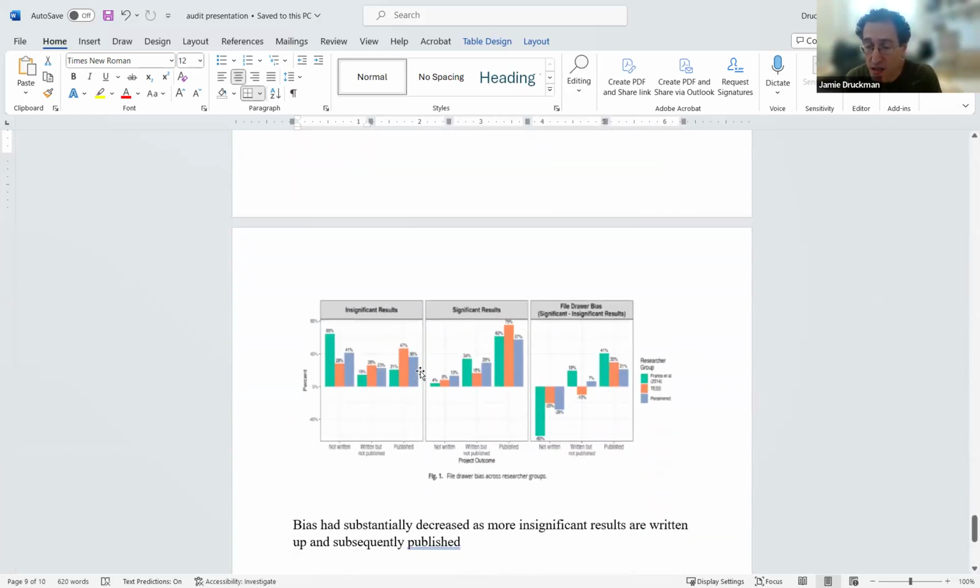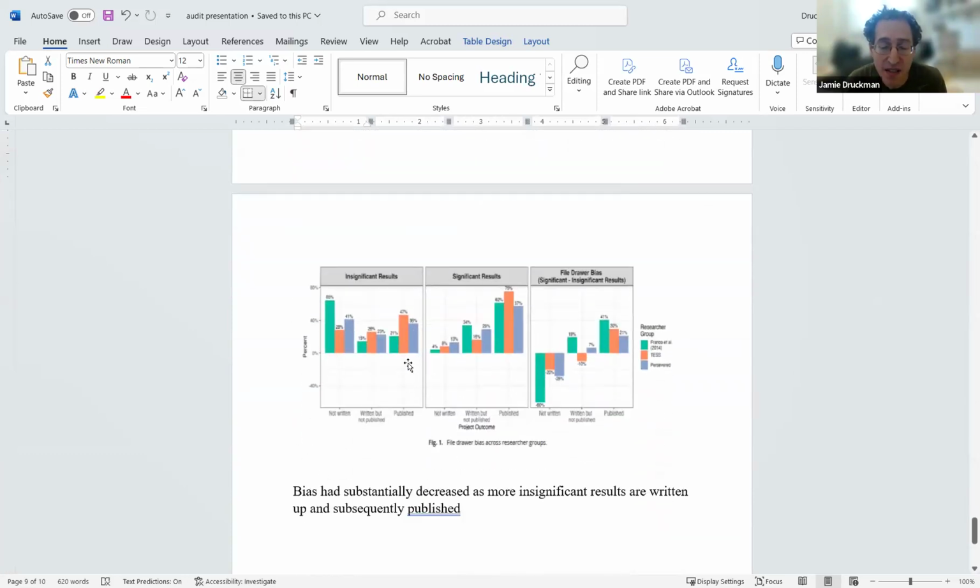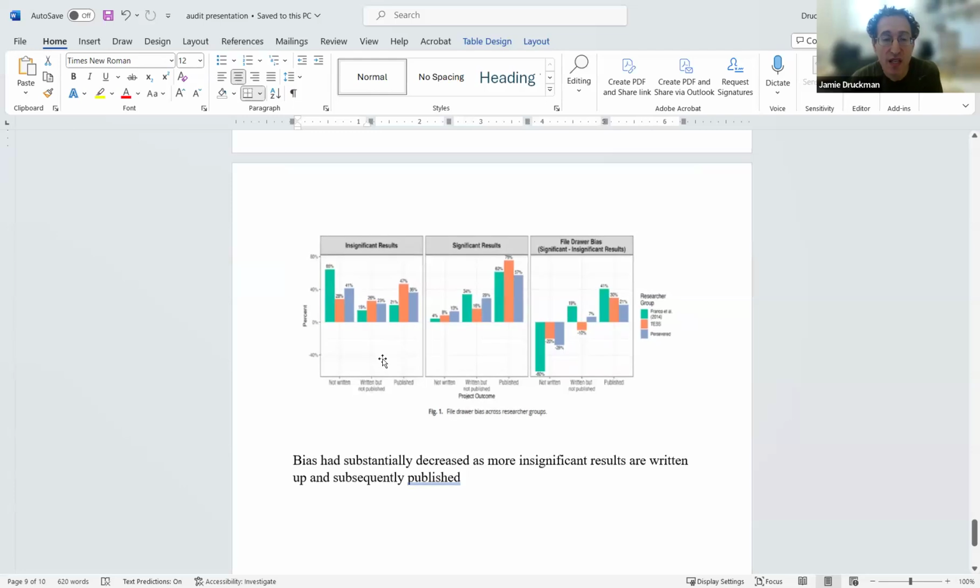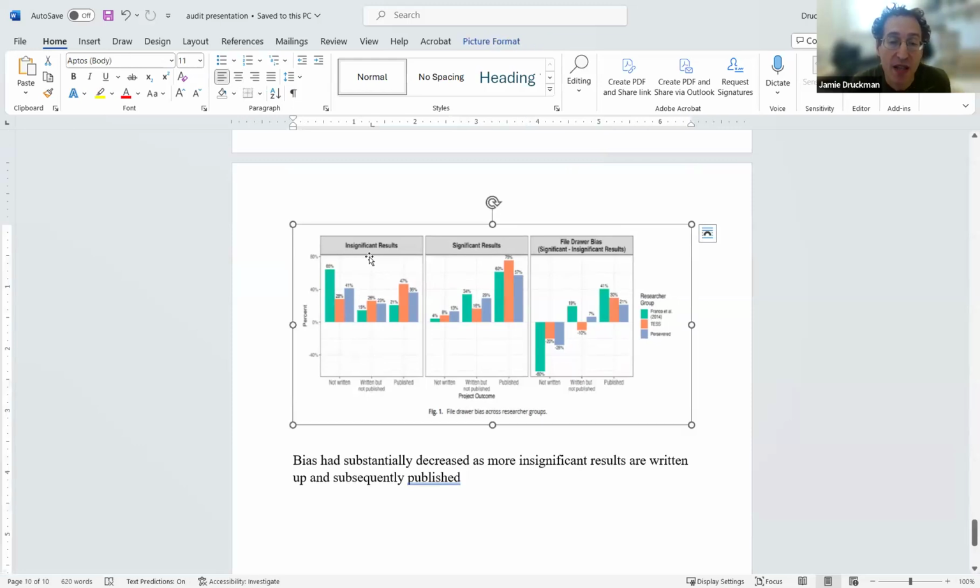And then finally, and then I'll end it with this. This is not the easiest thing to read, but this is just our comparison with Franco et al. So if you just look at the first panel there, the green is not written up. The green is Franco et al. And so they were finding about 65% were not writing up insignificant results. And we were finding, in our persevering and test researchers, a much smaller percentage were not writing up their results. And then if you go to the end line for the insignificant results,